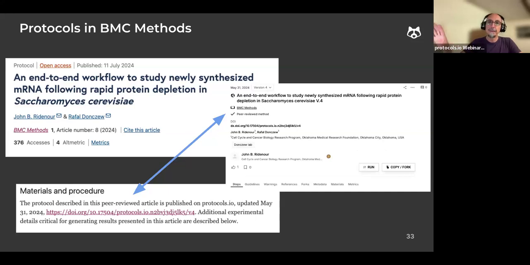And this other paper is an example of a protocol paper published in BMC Methods. BMC Methods is an open access, peer-reviewed journal that focuses on publishing lab protocols and methodology papers in the natural sciences, including biology, chemistry, physics, computation, and biomedical sciences.